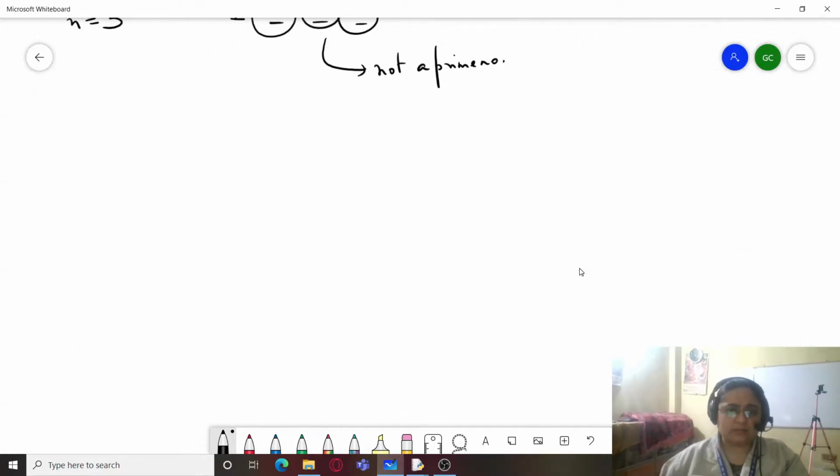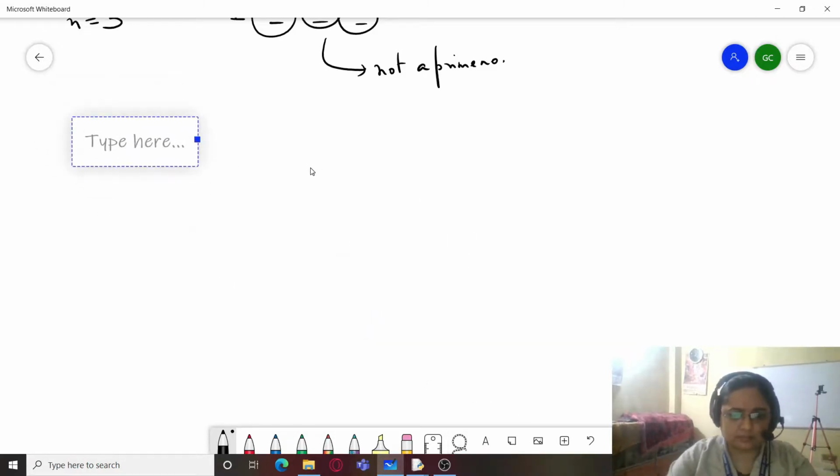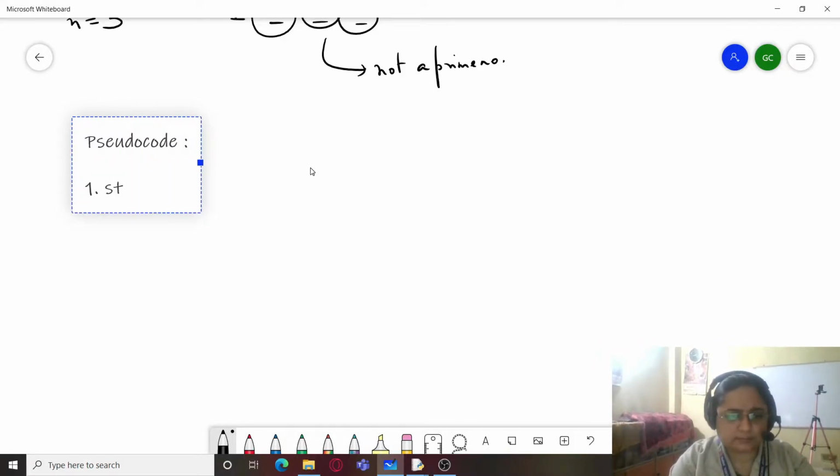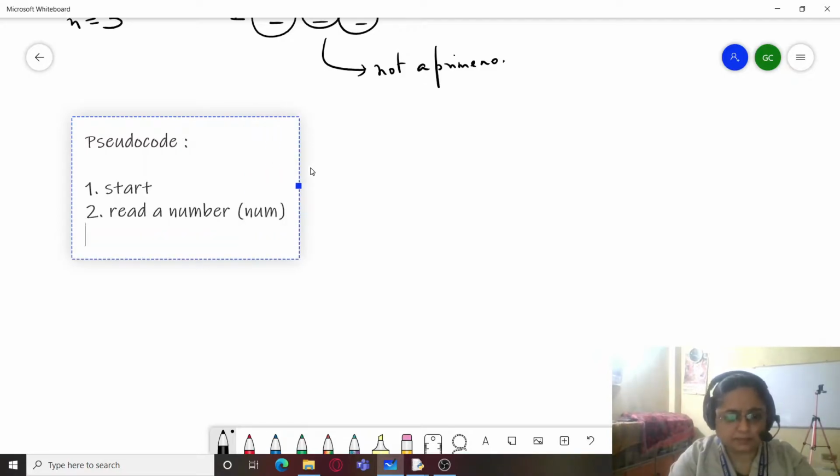So let us start with our pseudocode. So the first step is start. The second step is, first of all, read a number and let it be num.